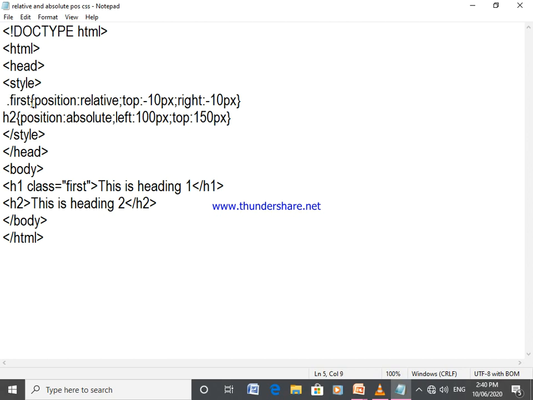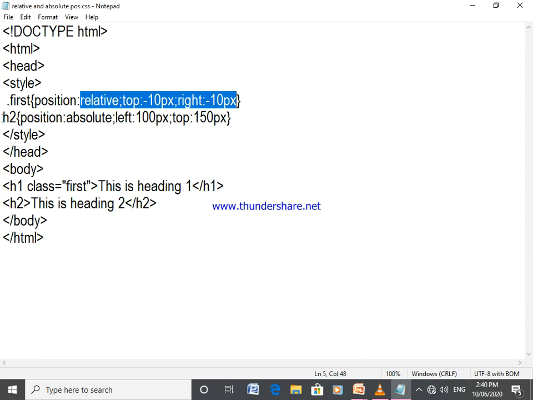Position colon relative, then top 10px and then minus 10px and right minus 10px. That means whenever you apply this particular first class to any selector in the body section, its position is relative and its top and right values are as given, minus 10 pixels each.